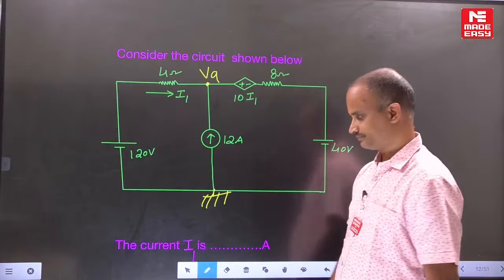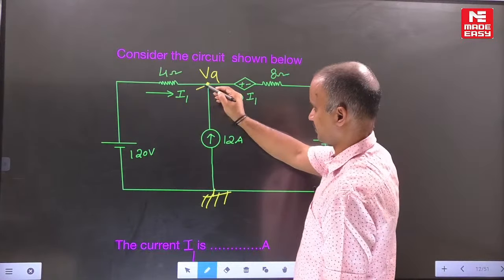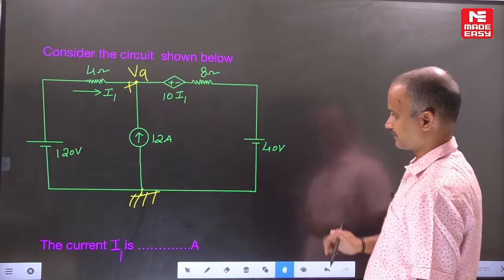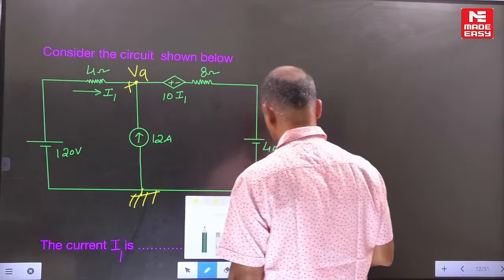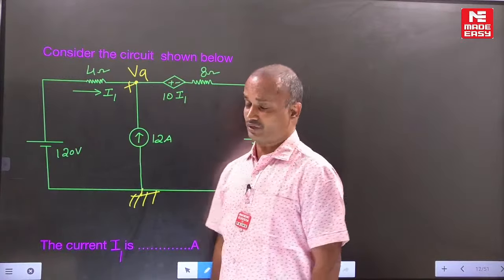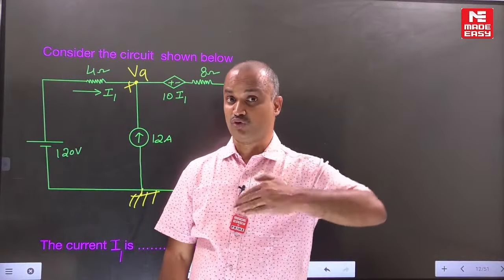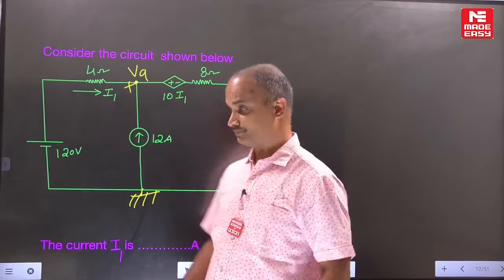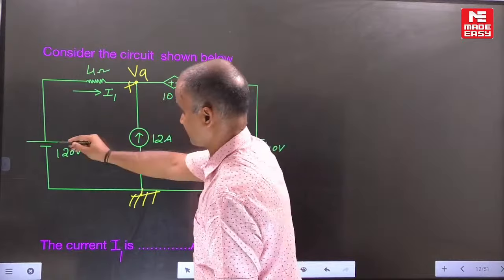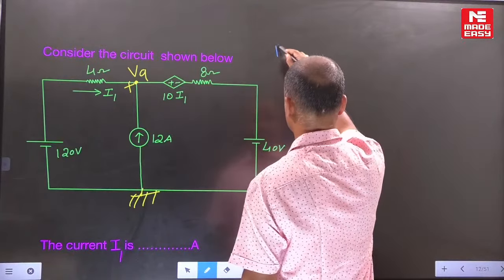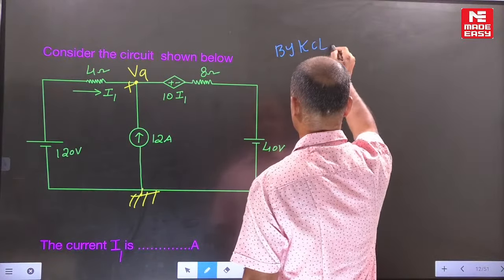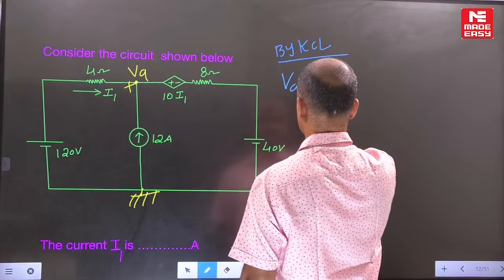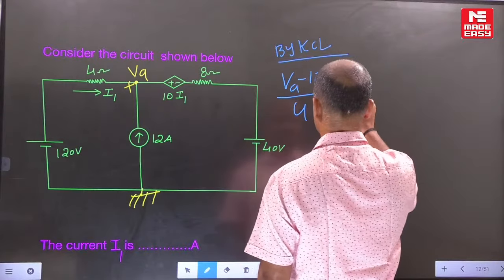With respect to ground potential, the polarity of this node is plus. Now let us write the respective equation. Whenever you write the equation for a node, the assumption is that the node voltage is greater than all other voltages. With that assumption, write the equation. Plus plus, similar polarities, subtraction. By KCL, we can write VA minus 120, with respect to the resistance of 4,